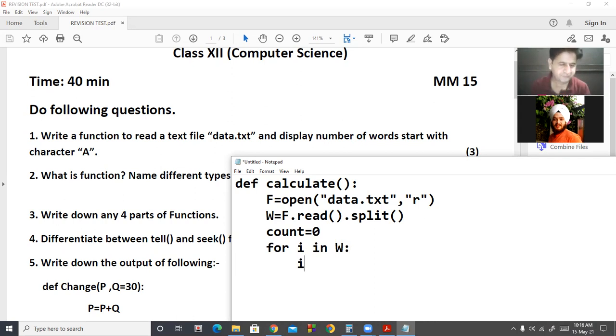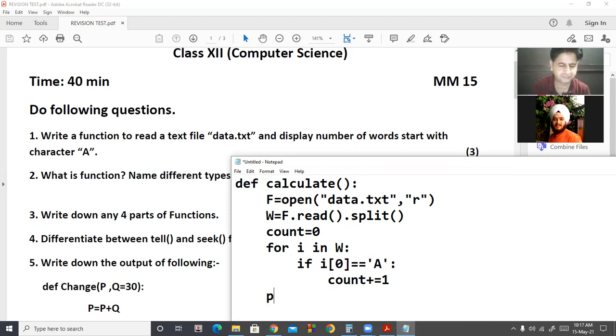And if i[0] is double equal to capital A, in that case we want to only count, not display the word. So I am taking here count is equal to count plus 1.